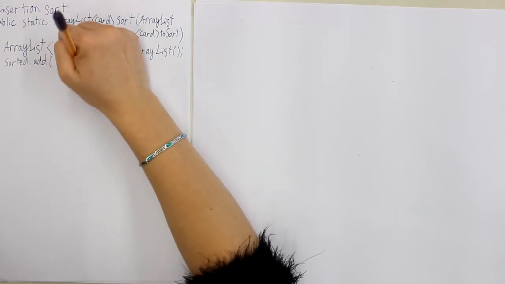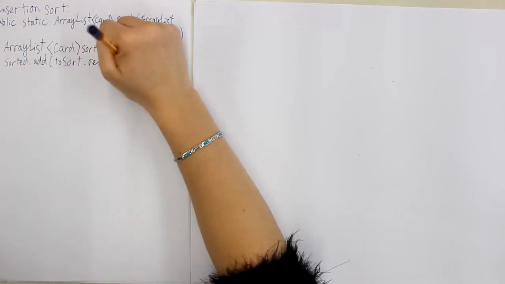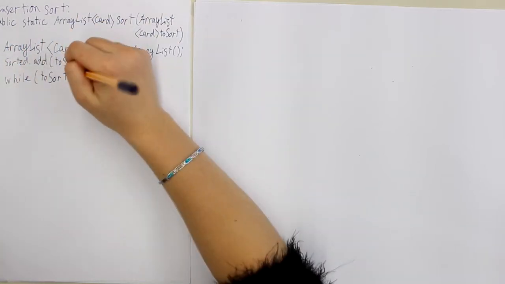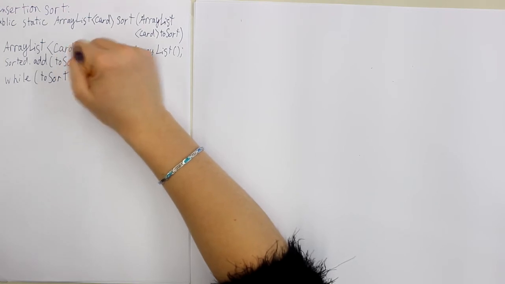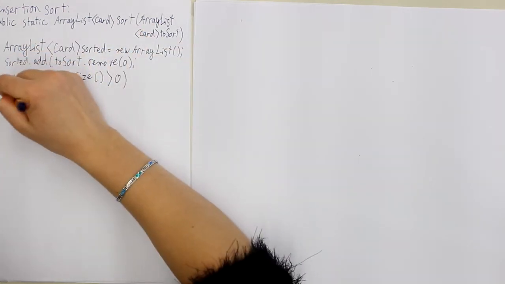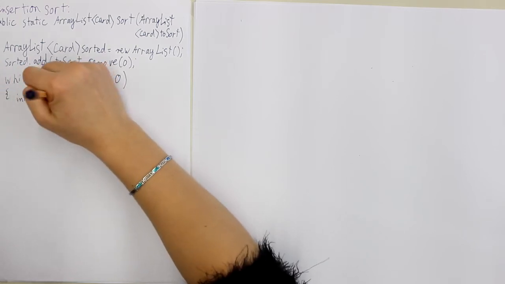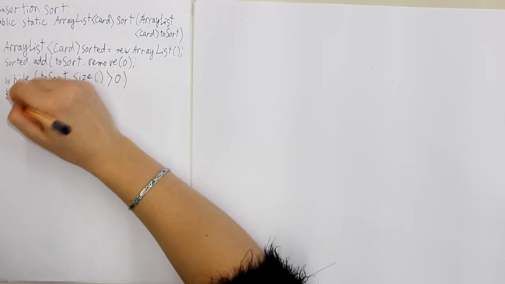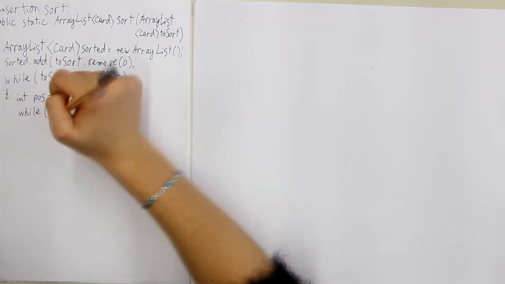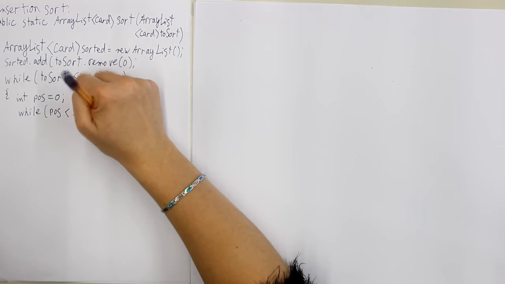So sorted.add(toSort.remove(0)). Then we do a while loop, which will happen as long as toSort has items in it, so its size is greater than 0. We'll make a little pointer integer called pos, which will start at 0. Then we'll have another while loop inside the outer loop, which says that while the position is smaller than sorted.size,